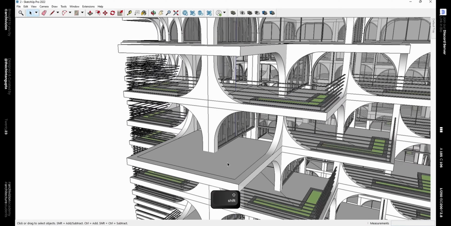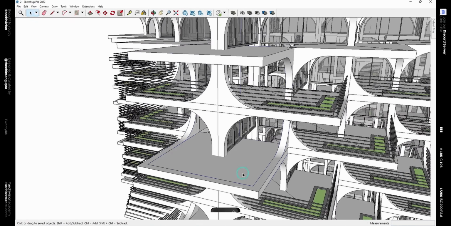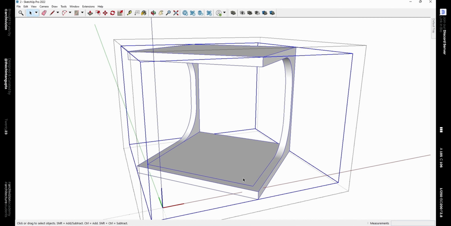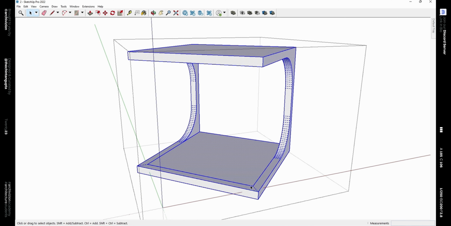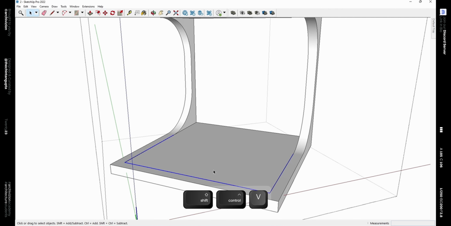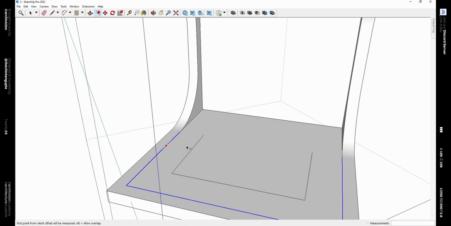Now similarly, we need to repeat the same steps in the component 2. So double click to edit the component and then select these 3 lines, and then copy them and then paste them outside the group using the command Ctrl+Shift+V. Then offset these lines by 1 meter, and then to make a face we need to connect these lines over here.